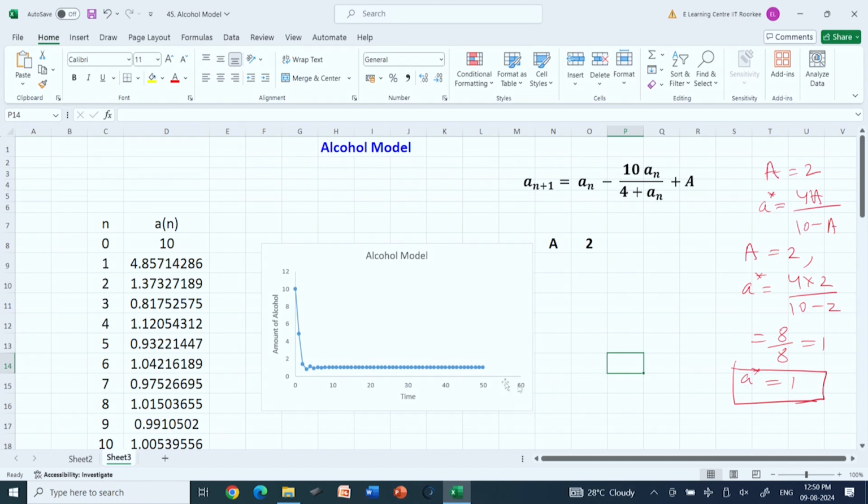Summing up, today we have learned about an interesting model, namely the dynamics of alcohol in the body, where we saw mathematical functions which control the amount of alcohol in the body. We also considered a model which shows the dynamics and it is investigated. We find the equilibrium point, the stability condition depending on the value of some constant A, and we see the results numerically also, and we found that the analytical result matches with the numerical results.